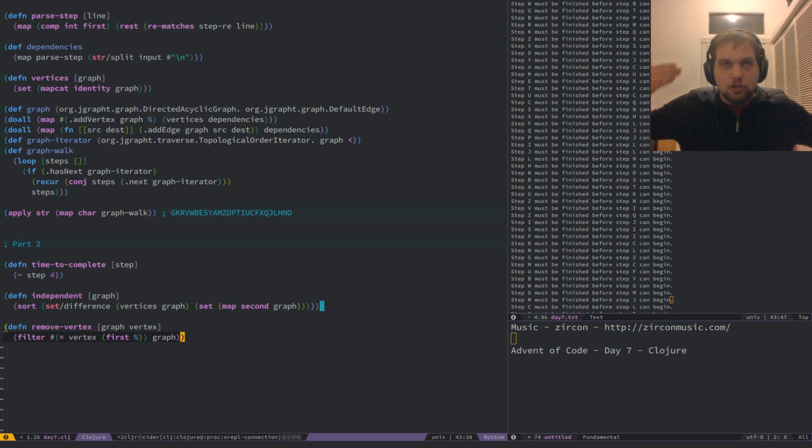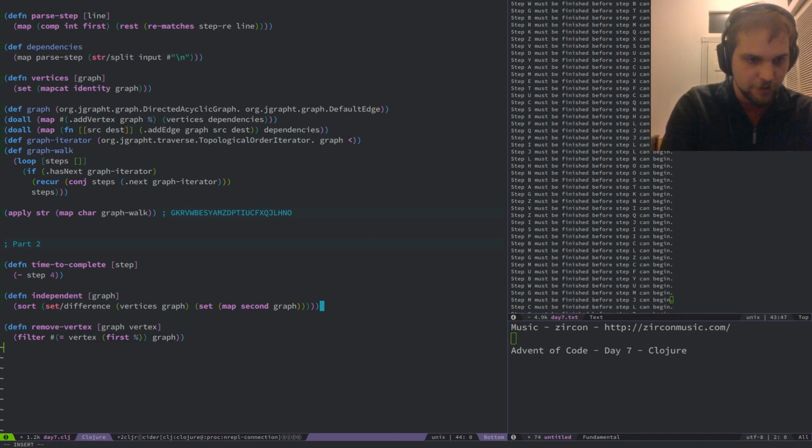Given that we are walking in topological order, we know that there's nothing going to be pointing at us, so we're always going to be just removing the things that we pointed to, and that should give us the next step of our graph, basically, in any given situation.